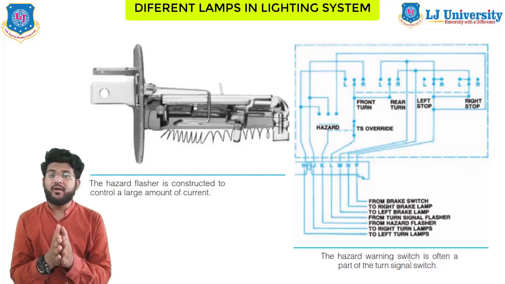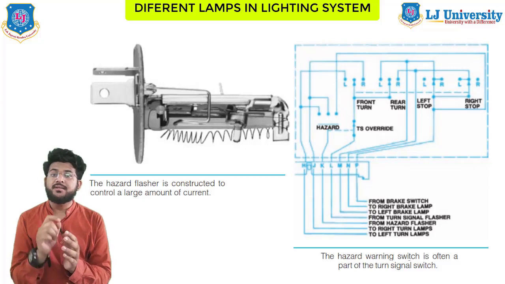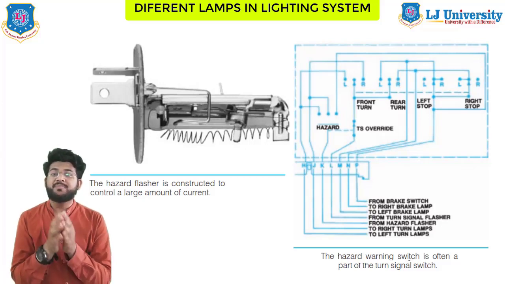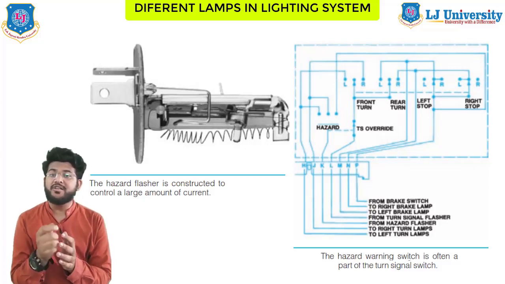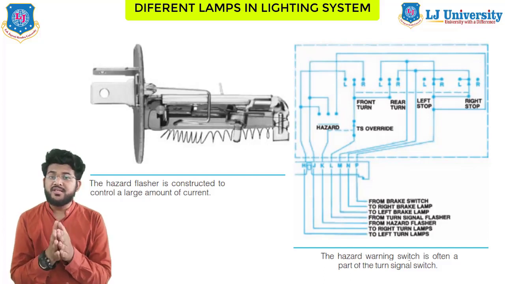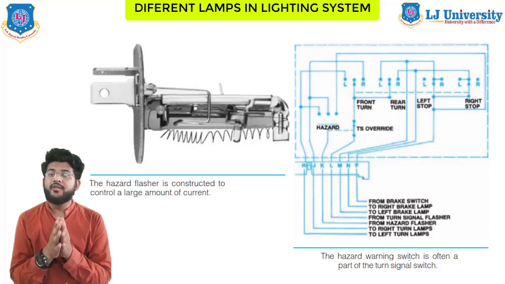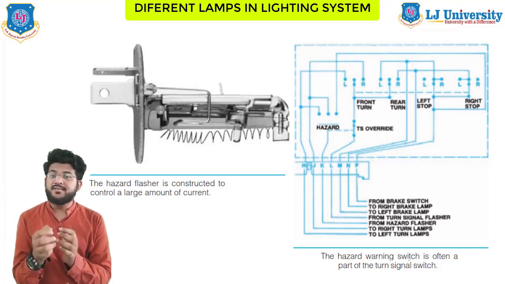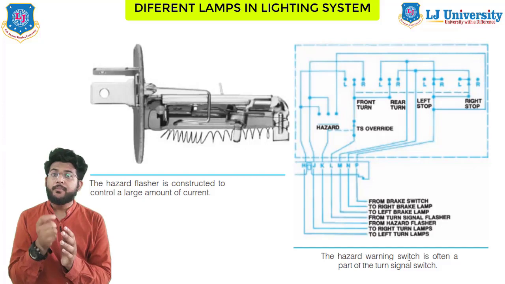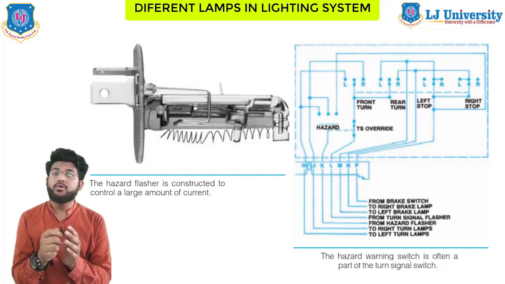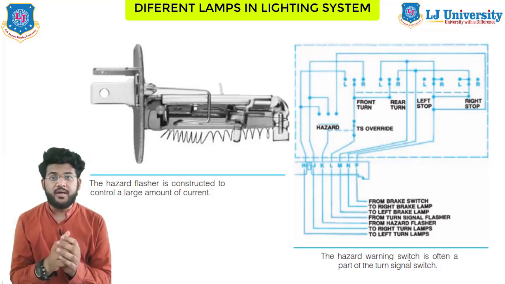The hazard warning lamp circuit uses the turn signal lamp circuitry, a special switch and the heavy duty flasher unit. The switch receives the battery current through the fuse panel when the switch is closed. All of the car's turn signal lamps receive current through the hazard flasher unit. An indicator bulb in the instrument panel provides a parallel path to the ground for some of the flasher current.